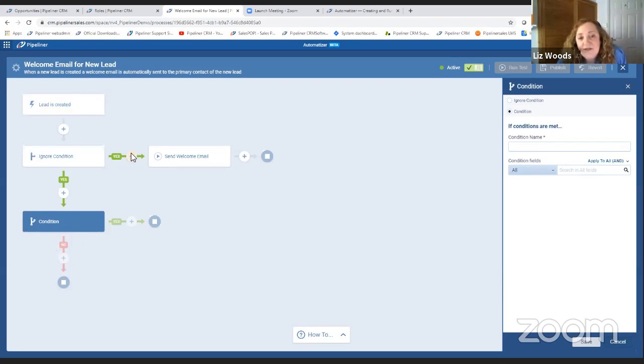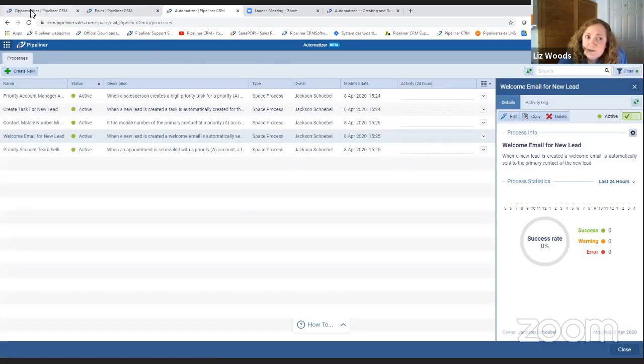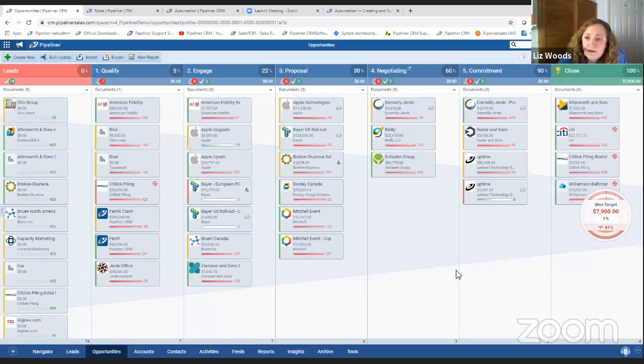If you think of these as an if-then-else type situation, then you'd have either/or, send to whoever. Okay, so that leads me really nicely into how do you start to think about all of these things. Yeah, and that's why I've kept Pipeliner itself open here. Before you even start to think about going into the Automatizer and building your process, you have to think, how am I going to know exactly what happens when, what my conditions are going to be? And essentially what that means is that you've got to be able to